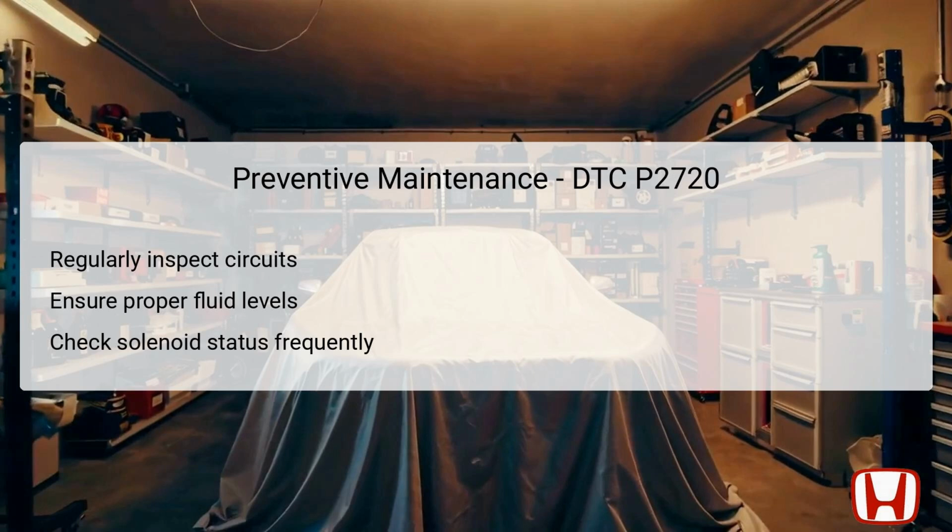To prevent the recurrence of DTC P2720, it is advisable to institute regular preventive maintenance strategies. Begin by routinely inspecting all necessary electrical circuits, especially those associated with the transmission system, to detect any wear or potential issues before they cause breakdowns. Ensure that transmission fluid levels are maintained according to manufacturer specifications, as inadequate fluid can lead to overheating and erratic behavior. Regular checks on solenoid functionality can help identify any early signs of failure, allowing for proactive rather than reactive